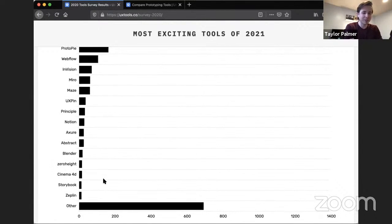Yeah, you've got Blender and Cinema 4D and some of those, which is really fascinating considering who the demographic is here, right? Seeing this little bump in interest in 3D tools, I think that can be for a number of reasons. As somebody mentioned in the Slack thread, AR and VR and things like that are continuing to grow,